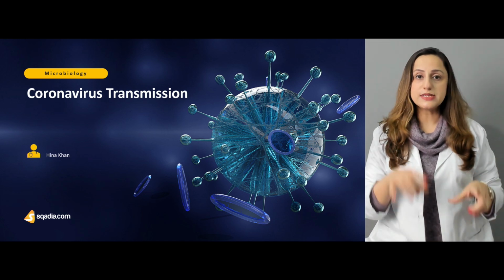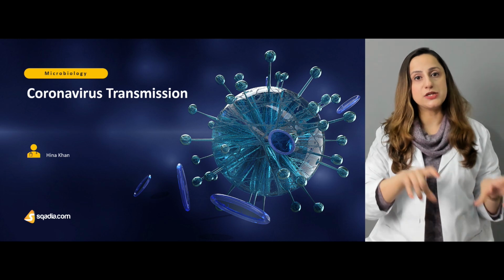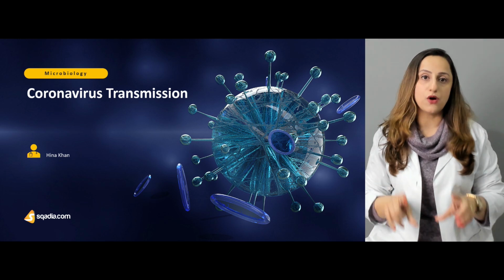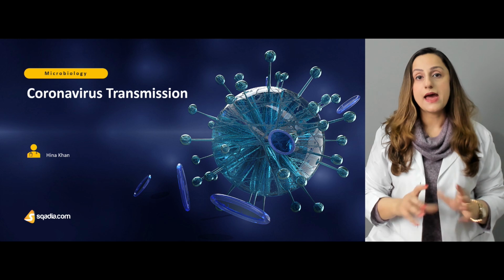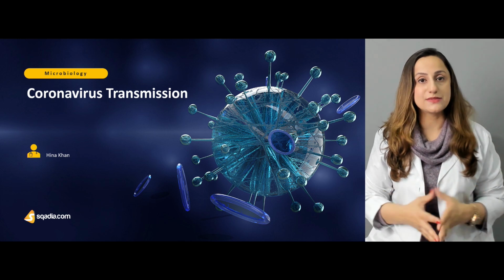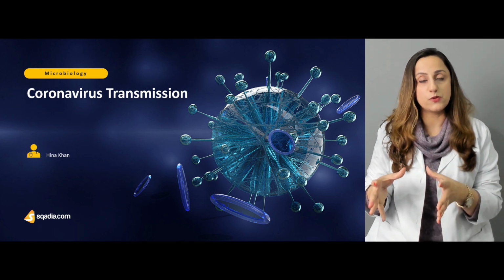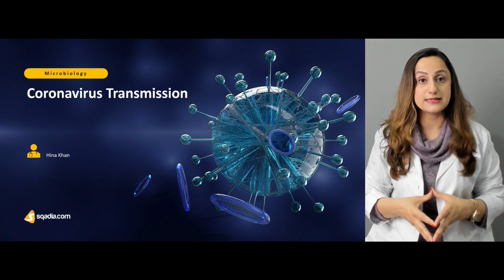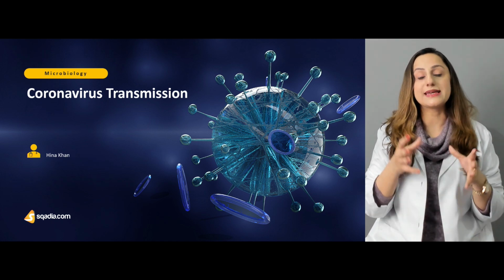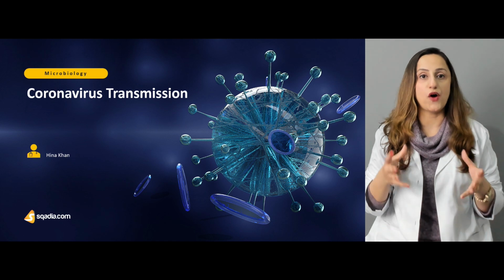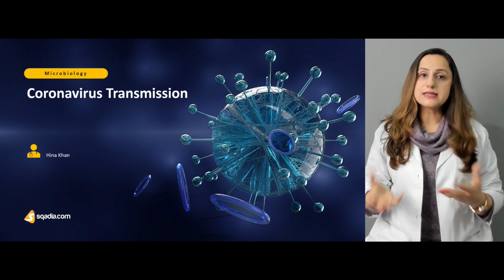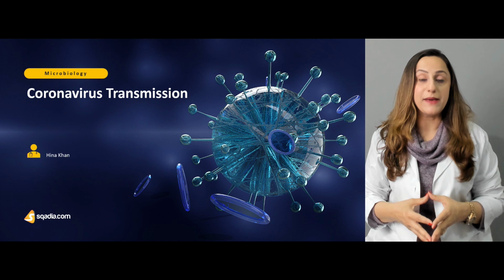Due to this secondary reservoir, it was transmitted when humans got in contact with the pangolin, and this is how it got transmitted to humans. So humans were the tertiary reservoirs in this case, and the pangolins were the secondary reservoirs in the case of COVID-19. This is how it got mutated in the pangolins.